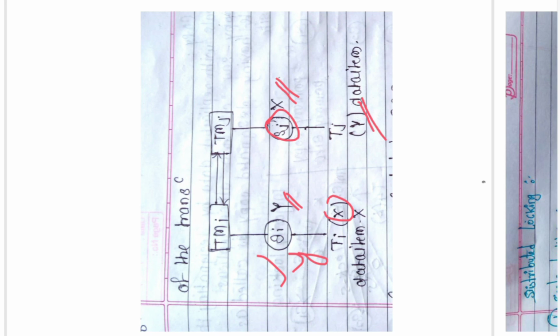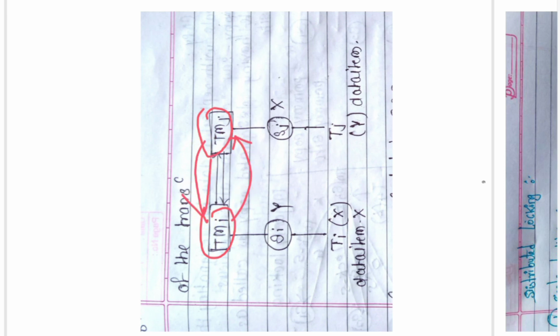So in that case what to do? In that case we are having a transaction manager at each site. This is the transaction manager of site SI, this is the transaction manager of site SJ, right. What will they do? They will share their data items with each other. Now the data item Y that I needed, I got it, and here SJ gets the data item it needed to execute, that is nothing but X. So both the transactions will get executed.